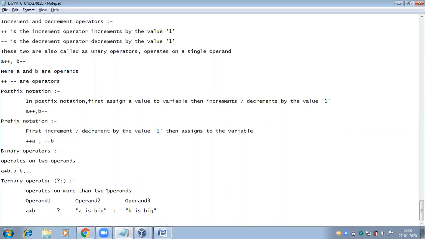The ternary operator is also called the conditional operator. Here we are checking conditions. A is greater than B is the condition. If the condition is satisfied, then this statement will be executed. If the condition fails, then the else part will be executed.